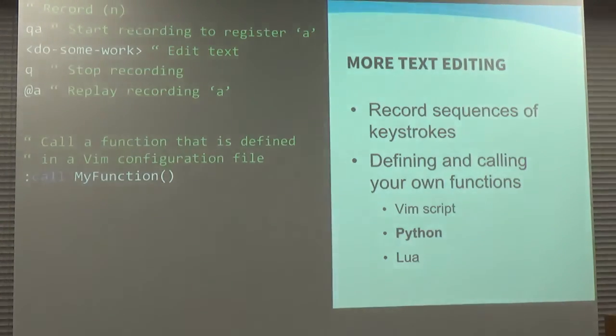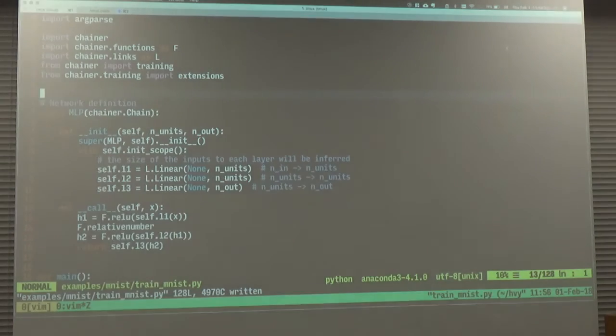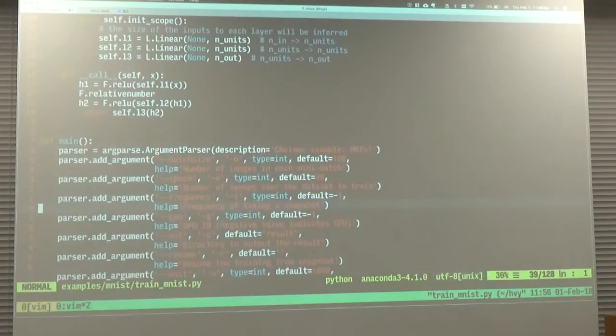And in Vim, you can also define your own functions using a script language called VimScript, which is Vim's own language that you can get used to, but you can also write in Python or Lua. I think in Emacs you'd use Lisp. So I wrote a simple function that I could demonstrate here. It's not that difficult, but